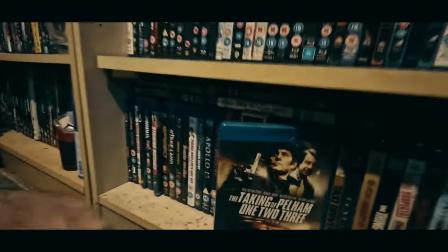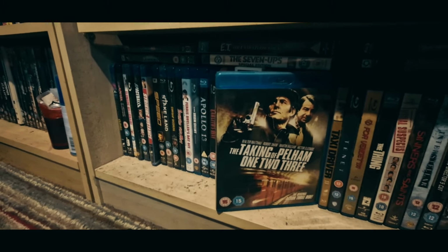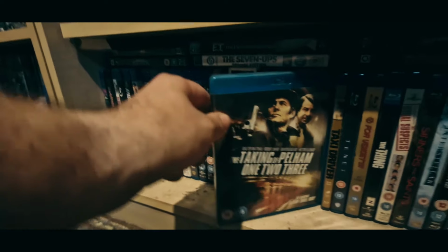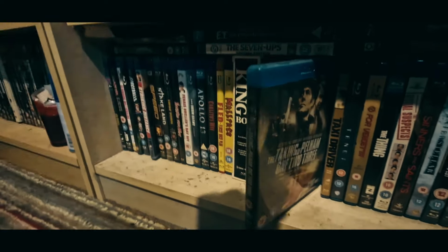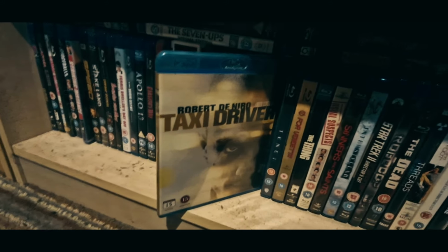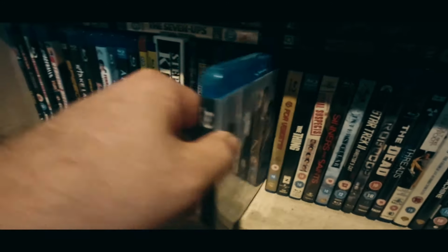Robert Shaw, Martin Balsam, Hector Elizondo, and Walter Matthau, but also Jerry Stiller's in this as well. Such a good movie. However, Tony Scott's remake is also pretty good with Denzel and John Travolta. Taxi Driver, incredible film. Taxi Driver. Tenet,